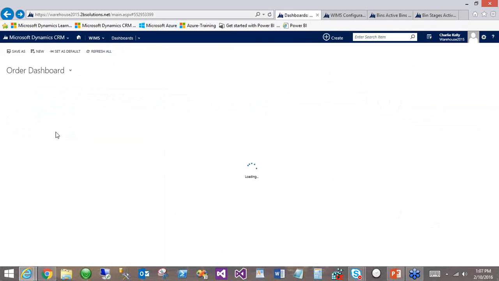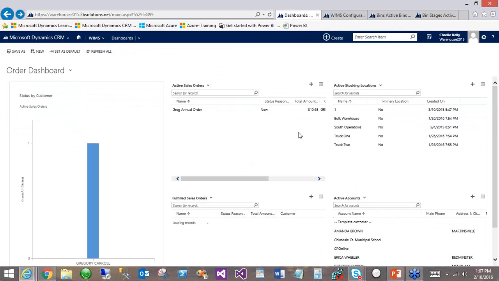On the sales side of things, WIMS also extends the out-of-the-box order entity and allows you to now choose which place and which inventory item you're picking from to complete an order. This will allow you to not only accurately track your quantity across different locations, but to enable first in, first out, or last in, last out selection when fulfilling sales orders as well. All the out-of-the-box functionality for sales orders, including conversion from opportunities or into invoices, is supported in WIMS, and you can trigger